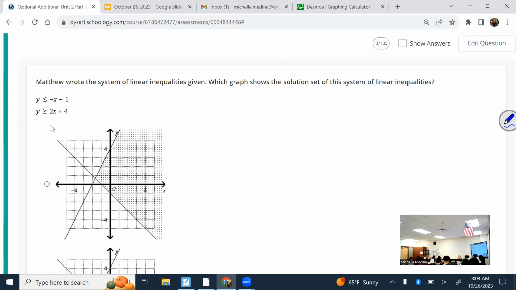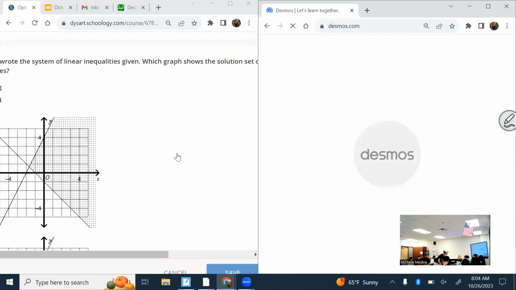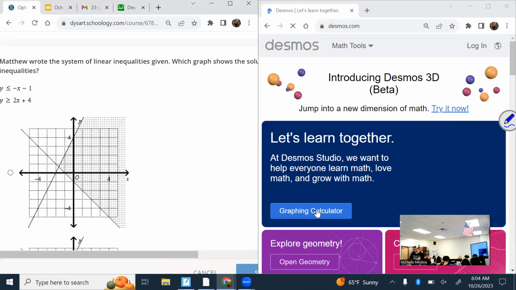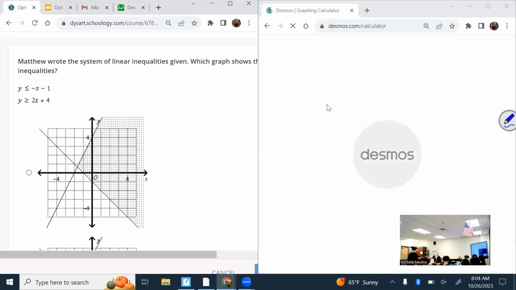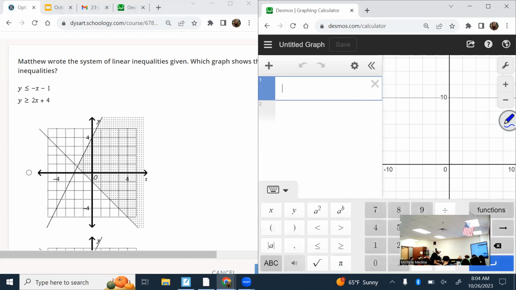Would you graph these by hand necessarily? What would you use? So that's what I would recommend if you're taking a timed test. I mean, there's other ways to do it by hand. You don't need it if you know the skill, but if it's tomorrow and you still don't know, use